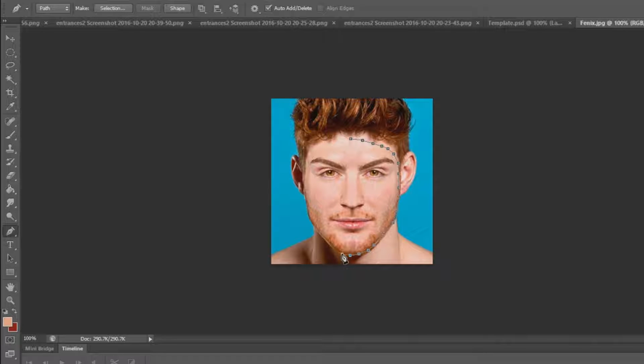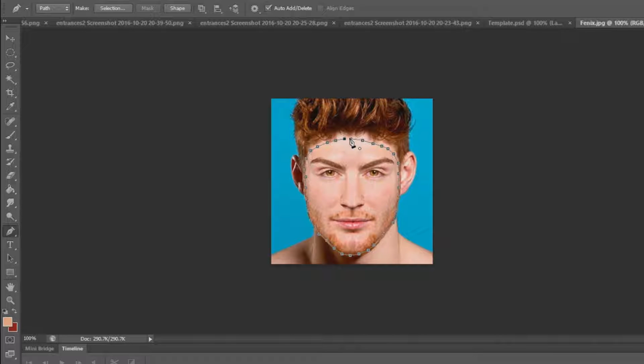But since I'm using a face here that has facial hair, we're going to want to actually add that in, because there's no way that you can remove it. Even if you try to, it's going to make the face look very, very weird on the CAW model itself. So if you're using a male face that has facial hair, you're just going to have to use the facial hair as well. So you're going to create your shape around the face,